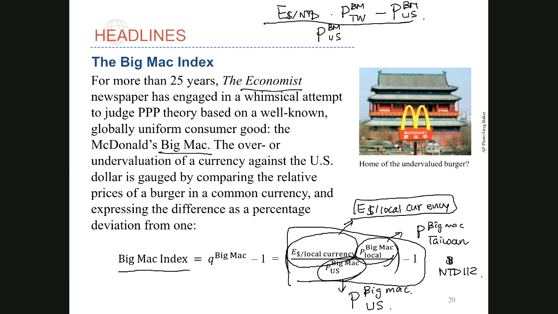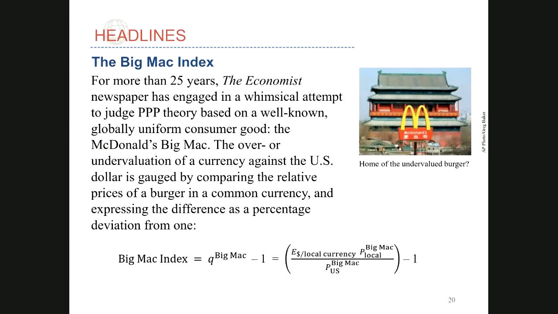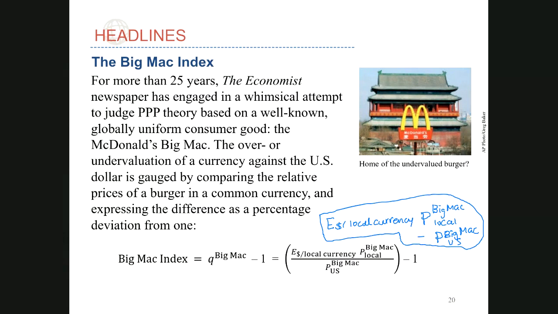Okay, so what's in the numerator? Take a look. The numerator is the deviation of the PPP, or the law of one price. If the law of one price holds, this term is equal to what? Previously we called this good G. Now good G is just the Big Mac in McDonald's, right? So if the law of one price or the PPP holds,